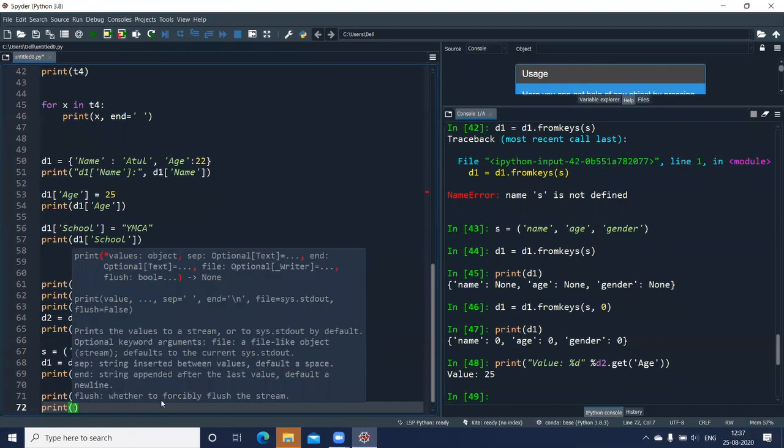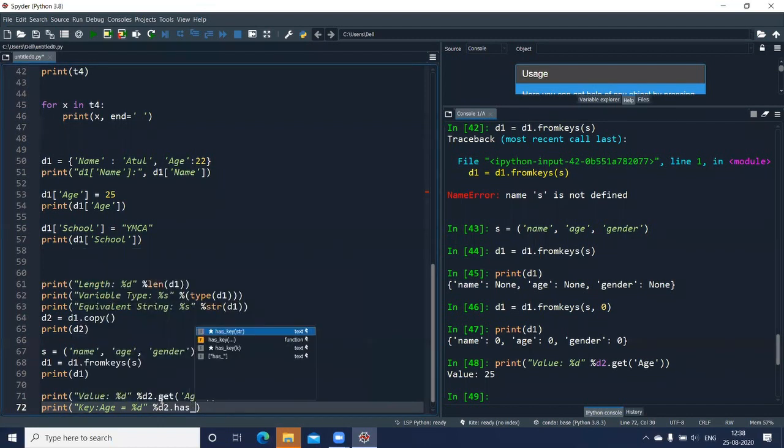Print, I'll use say key, age here, and we can say equal to %d, as I'll put it as an integer. Then the % sign, d2.has_key, and the string is nothing but the key which I have to give.